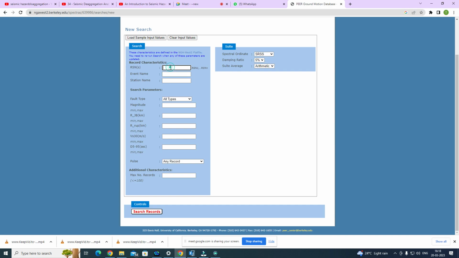And this RSN name, I think in this database they have given some name to each and every earthquake, so that number, if you know it, you can enter here. But if you do not know, you can leave that. Then see fault type, for which kind of faults you want to download the earthquake. If you know already, then you can enter, otherwise you can leave that, or select by default